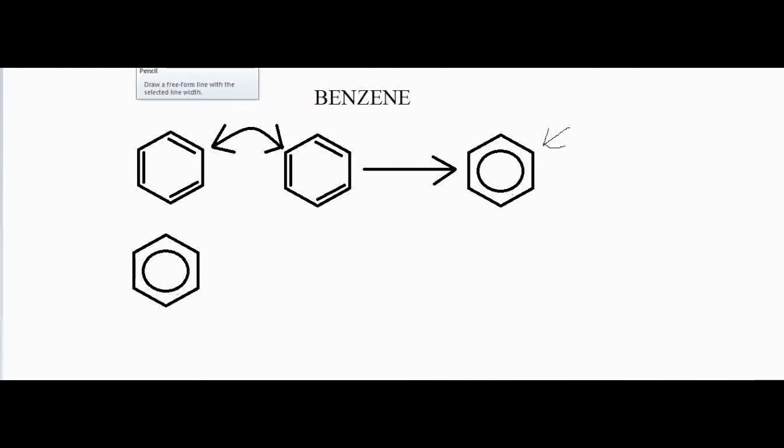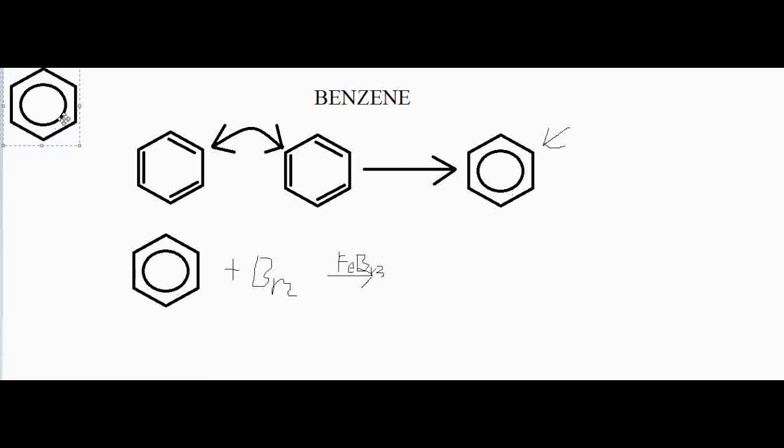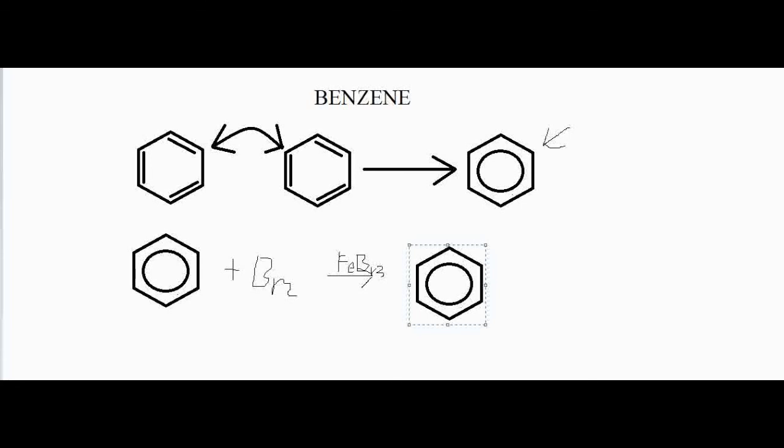So let's say we want benzene to become bromobenzene. We will react it with liquid bromine, but we'll use FeBr3 as the Friedel-Crafts catalyst, and the result is going to look like this, where we now have one of the hydrogens on the molecule being replaced by a bromine,